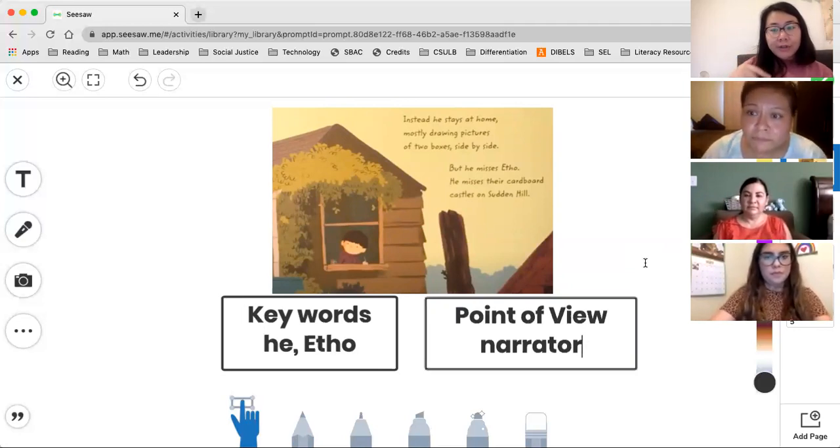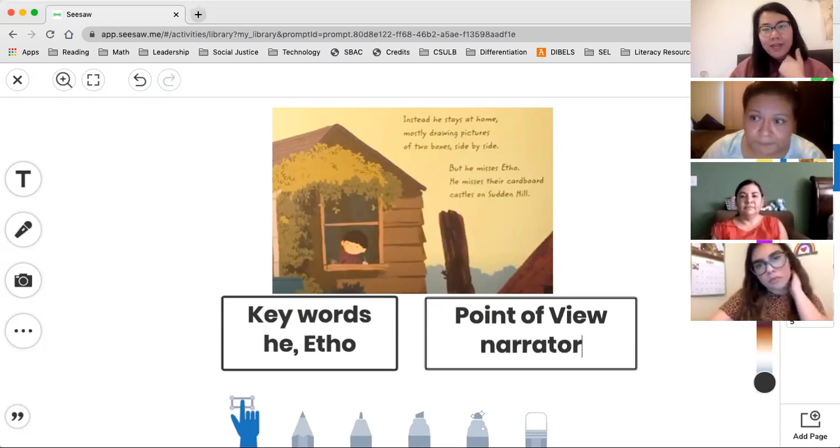So what I heard you doing, Miss Rosales, is you're going into that scene and asking yourself, who is in that scene? And in that scene, we just see Bert. So if it's just Bert, he's not going to talk about himself saying he, so it can't be Bert. And you mentioned that Etho and Shu are not there. So again, if it's none of the characters in the story, it's going to be our narrator. He or she is watching and telling this story. So I love that strategy of put yourself in that scene. Think about who's watching Bert or who's watching this character and who might be telling the story in that example.